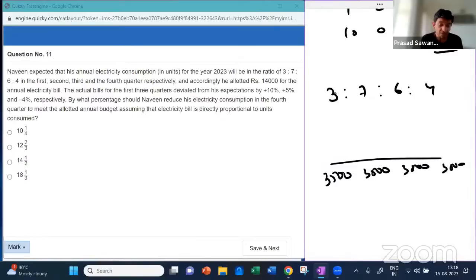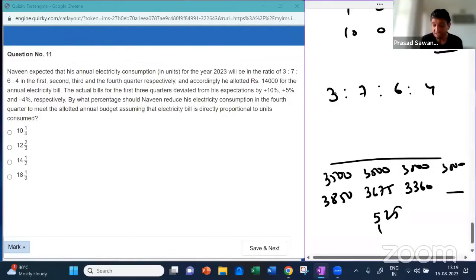Right. The actual bills from his expectations by more than 10%. So 3,850 plus 5%, 3,675. Yeah, 3,675 and minus 4%, 140, 3,360. By what percent increase? Yeah, okay. By reduce. Okay. So 175 and 350, 525 minus 140